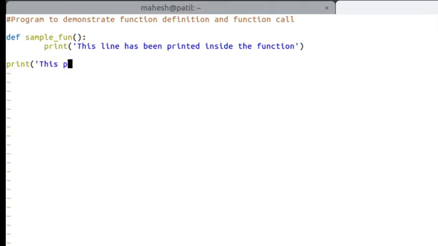This program demonstrates function usage, just a very simple thing. Okay, and now